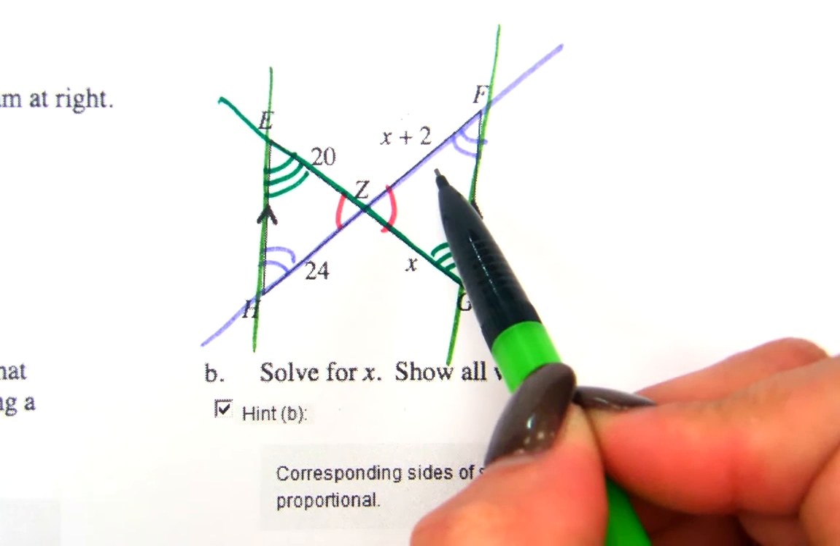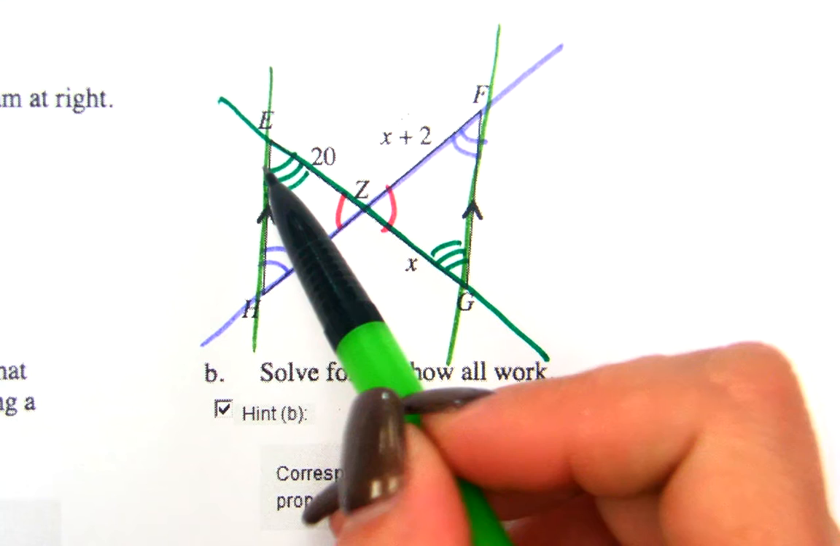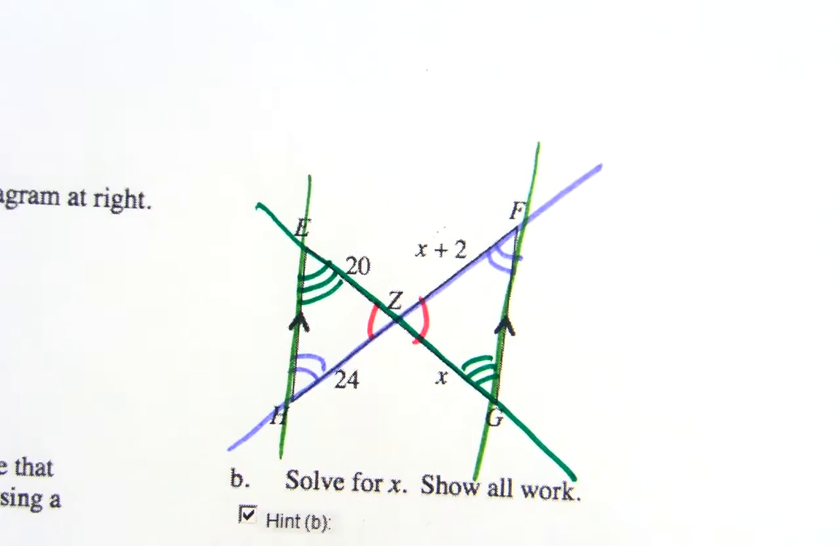24 and x plus 2, 20 and x. Okay, look at where they are positioned with respect to the angles. Alright, and then the last one,